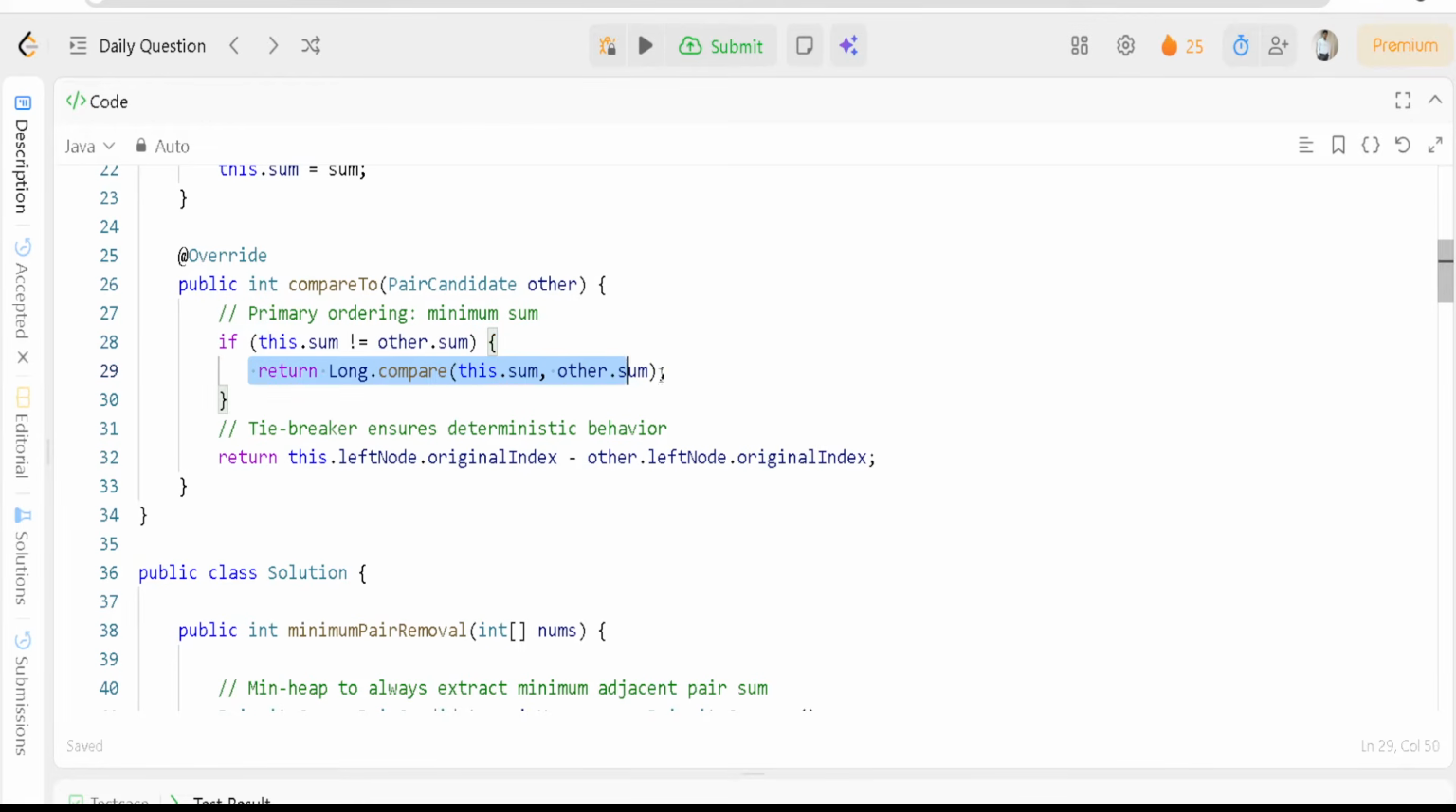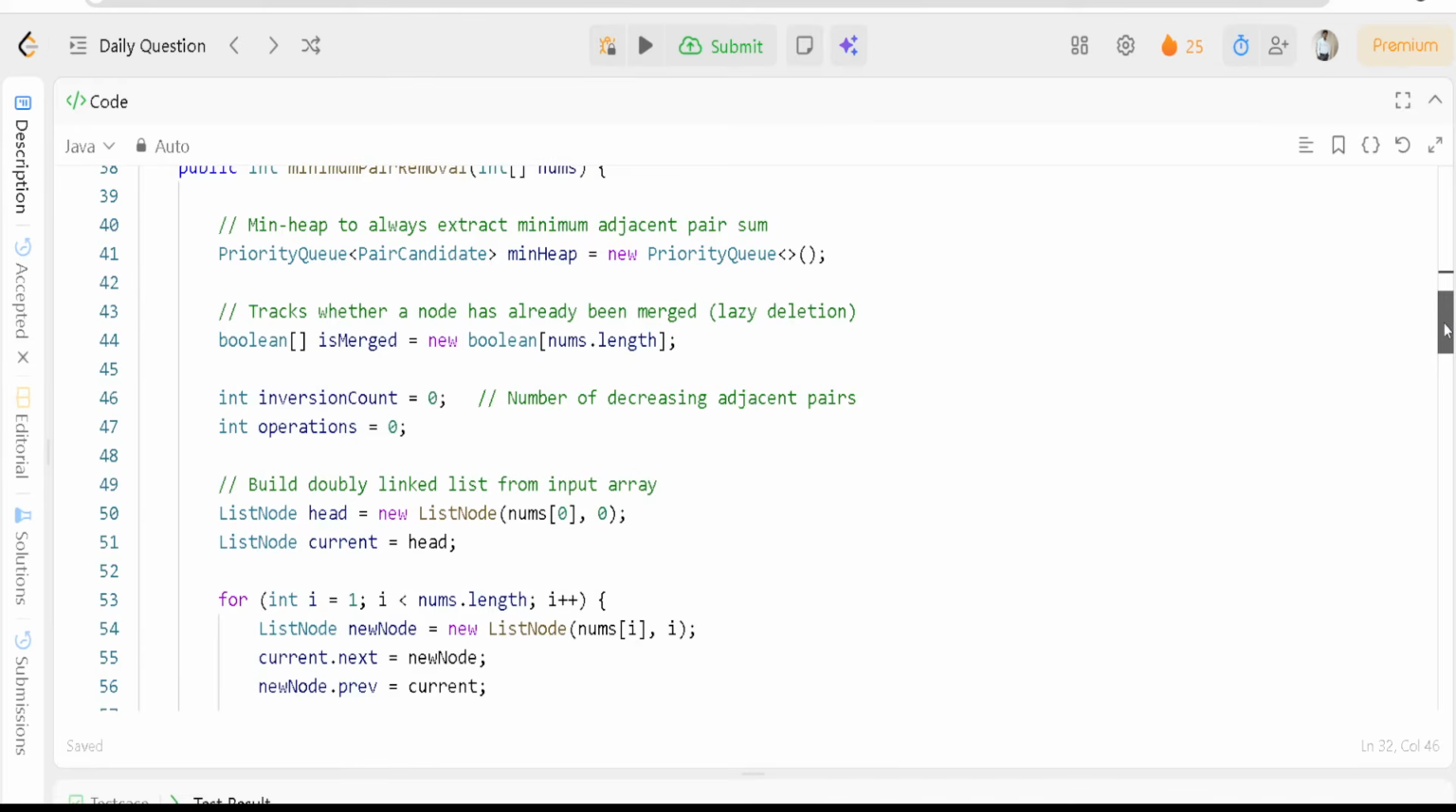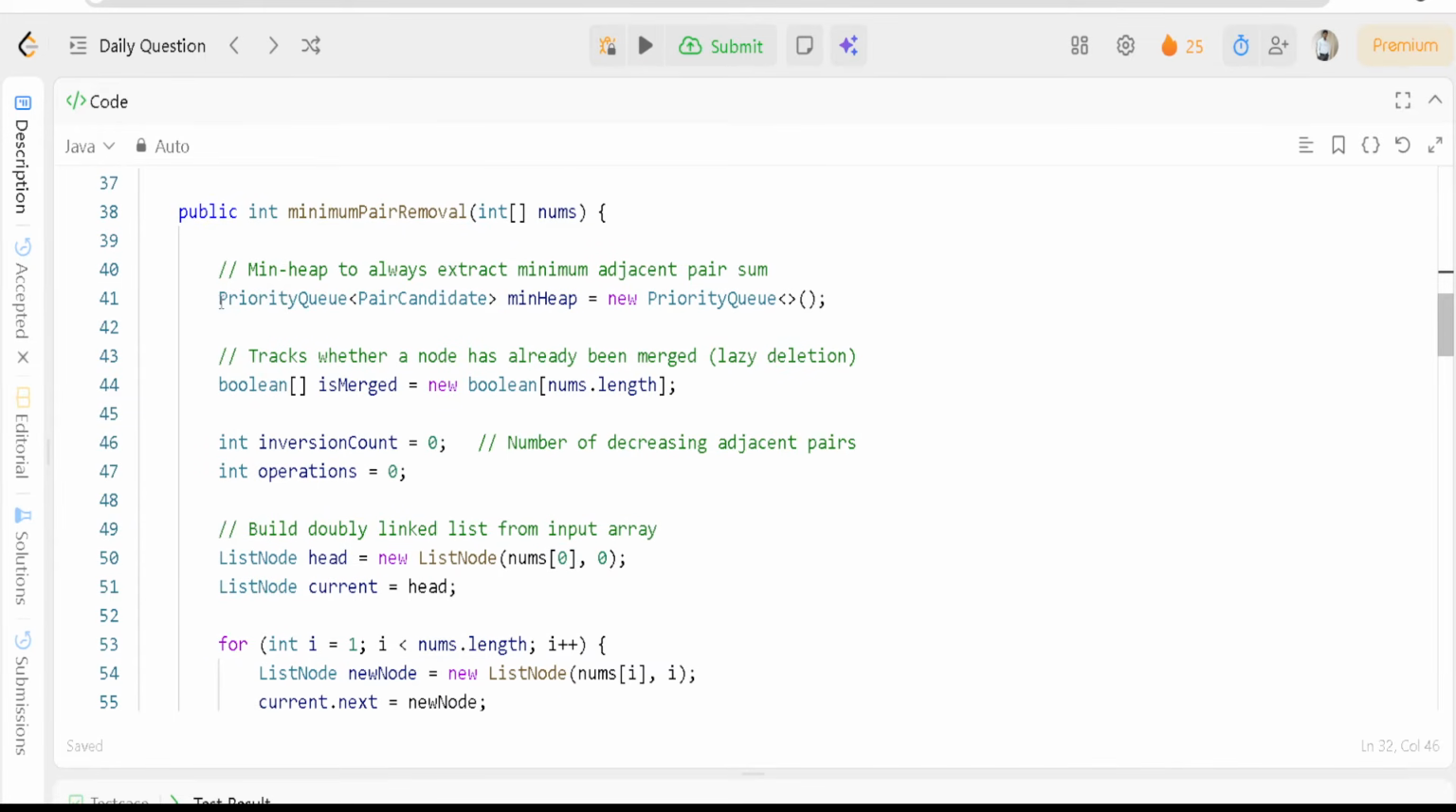Then we will return the Long.compare, which will compare with this sum. If it is not equal, it will obviously give false, right? There is a tiebreaker we have to provide, like the original index for both, and that will return the compareTo. Okay, now coming back to the solution, we have a priority queue,